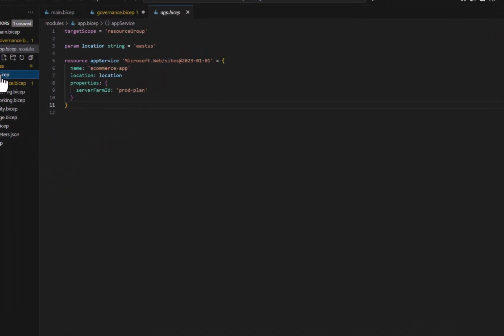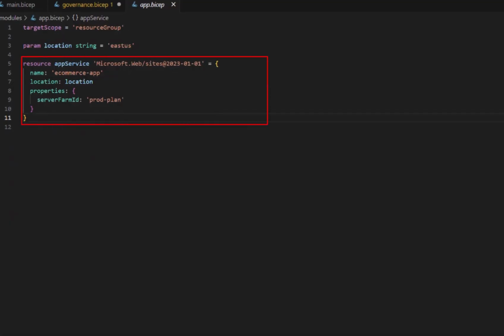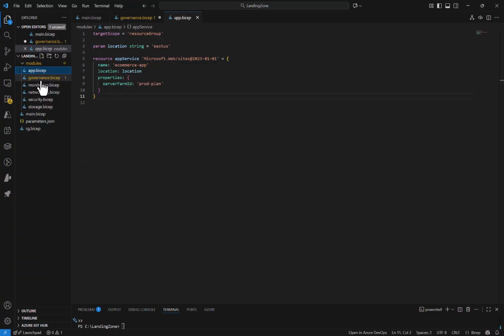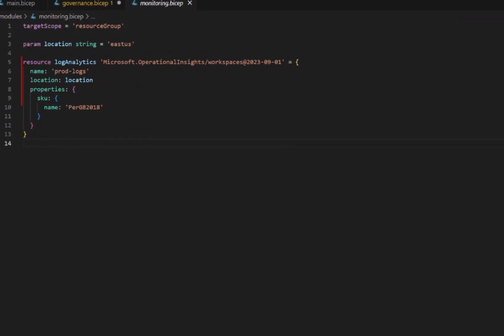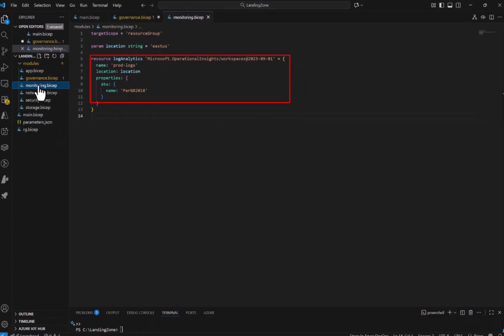App.bicep supports app hosting. It sets up an app service plan with a free tier and an app service linked to it, demonstrating web application hosting. Lastly, monitoring.bicep configures monitoring. This file establishes a log analytics workspace, prod-logs, for logging and alerts, keeping the environment